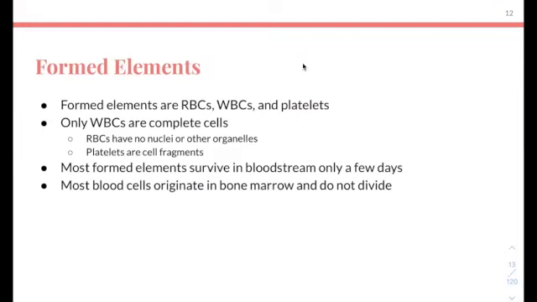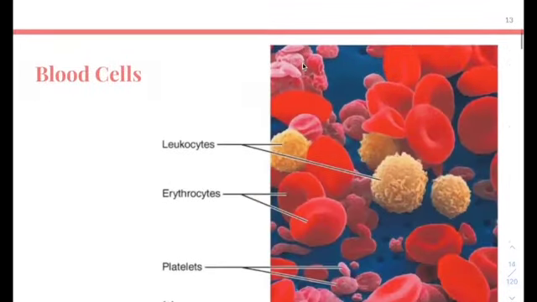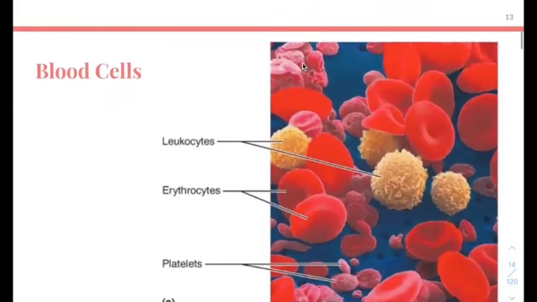They do their job, and then they die off after about 120 days. Red blood cells actually come from the bone marrow, which is found in the long bones in your arms and your legs; that is where most bone marrow is found. So here's actually what blood looks like